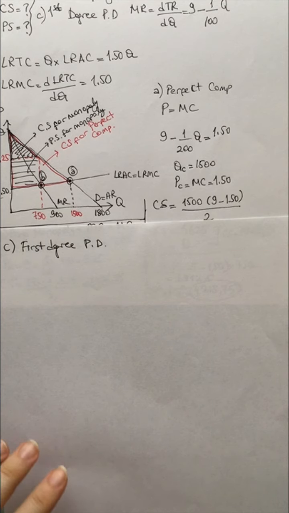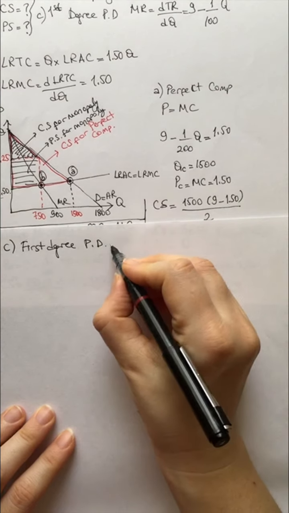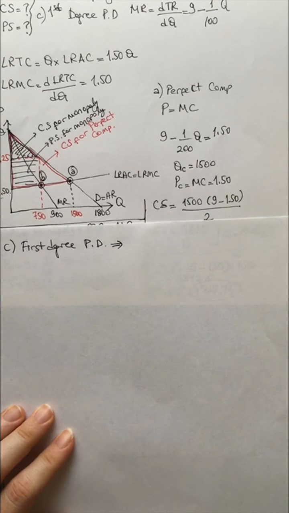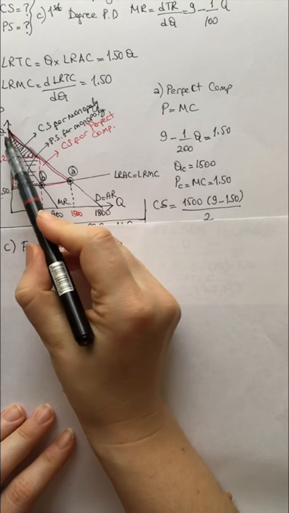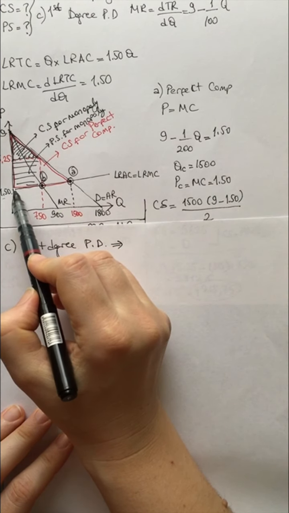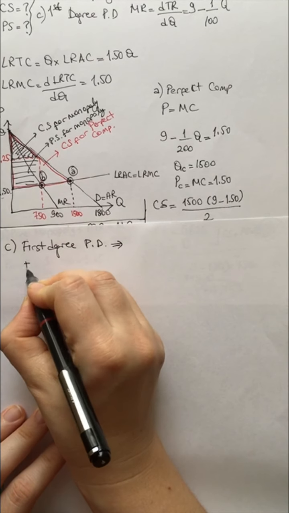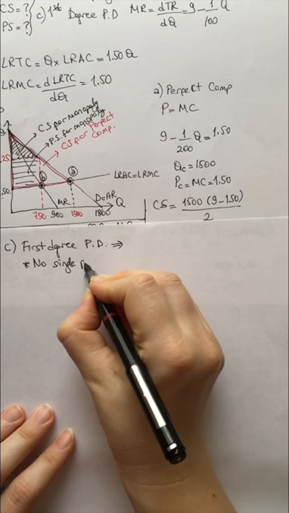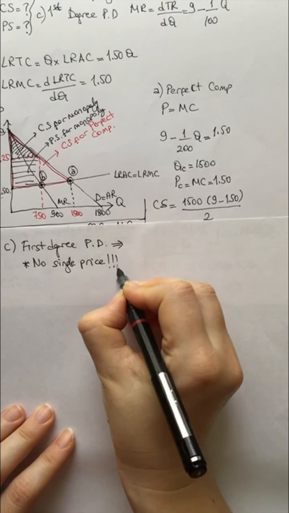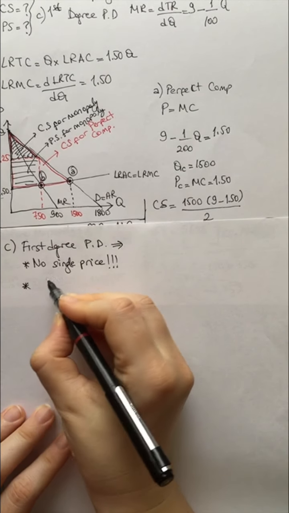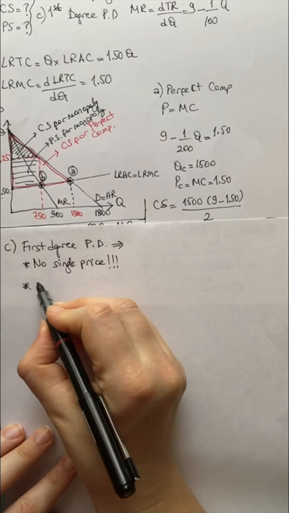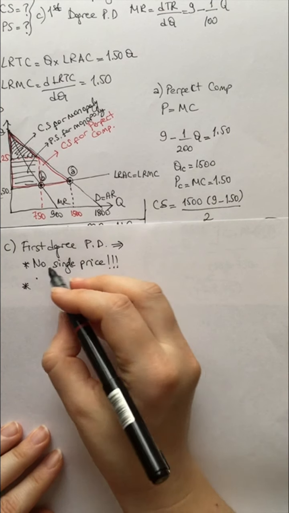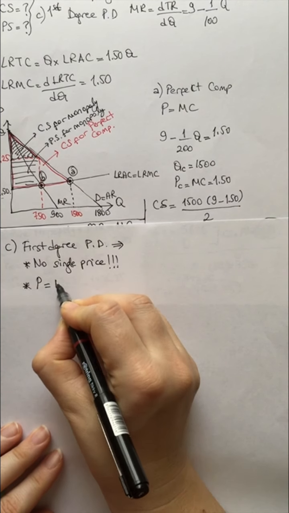So in that case, please remember the first degree price discrimination. There will be no one single price. There are lots of prices from 9 to 1.50, no single price. But the profit maximizing level of output of the firm will be determined where price equals